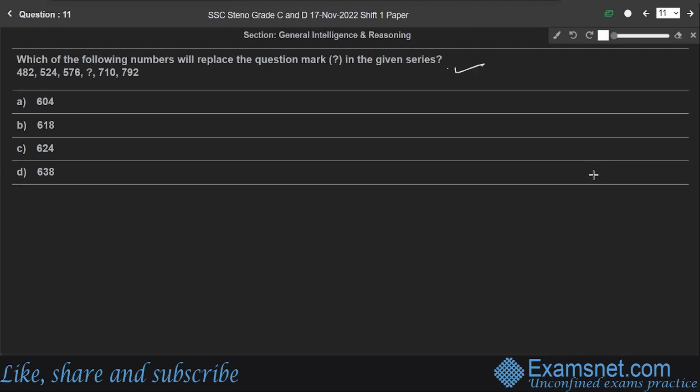Question number 11. Which of the following numbers will replace the question mark in the given series? Here the first number is 482. Very simple question. Second number is 524. So when a number is added to 482, you will get 524. So when 42 is added to 482, you will get 524. Am I right? So the next number is